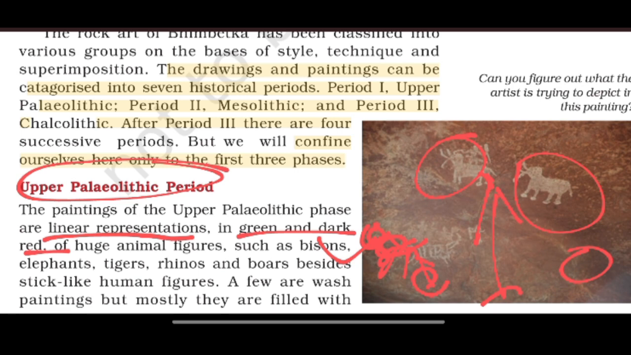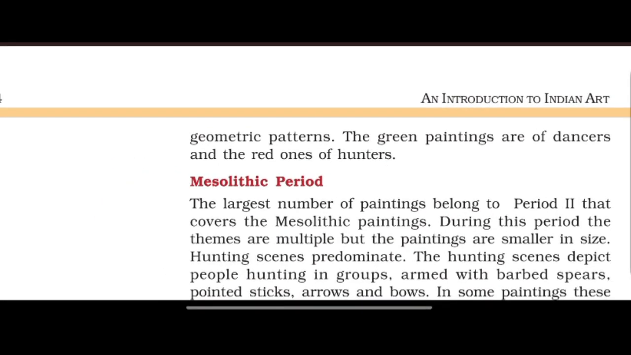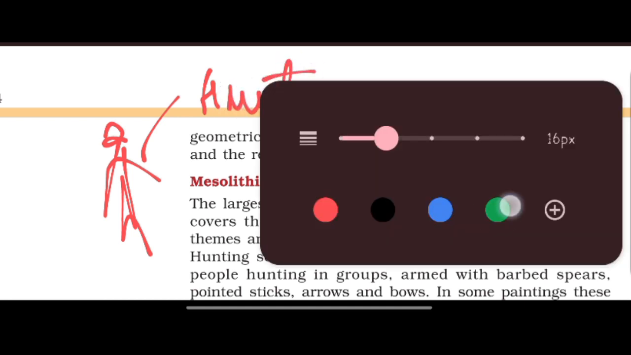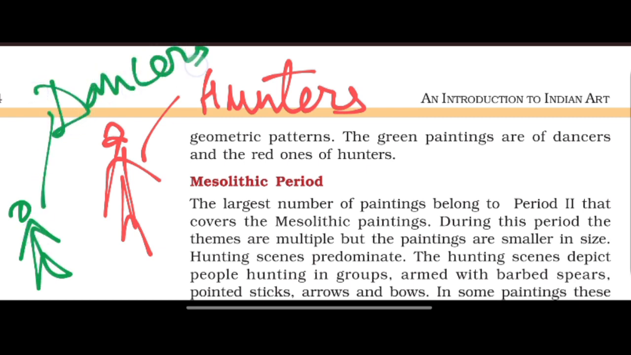A few of these are wash paintings, but mostly they are filled with geometric patterns. The green are of dancers and red ones are of hunters. Red paintings were of hunters. And the paintings in green were of dancers. These two things are very important for 1 marks question. Moving forward,